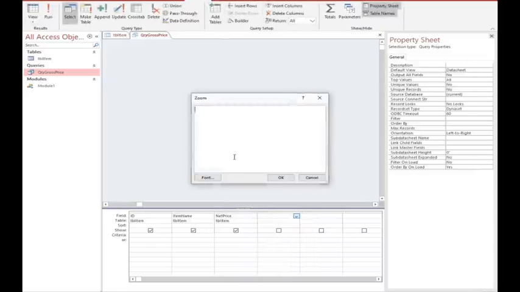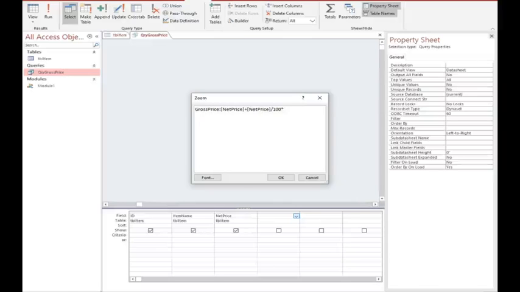Now your function should be like this: gross price, alias name, open square bracket, net price, close square bracket, plus again open square bracket, net price, close square bracket, divided by 100 and multiplied by